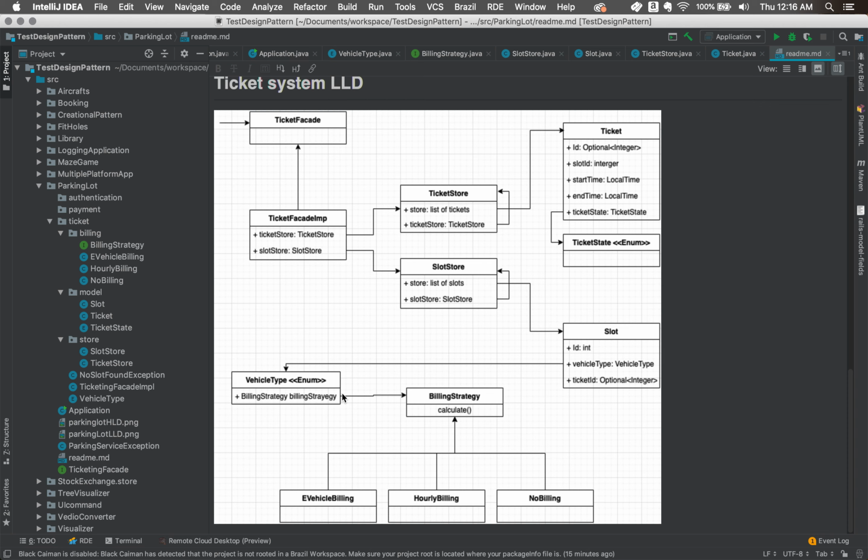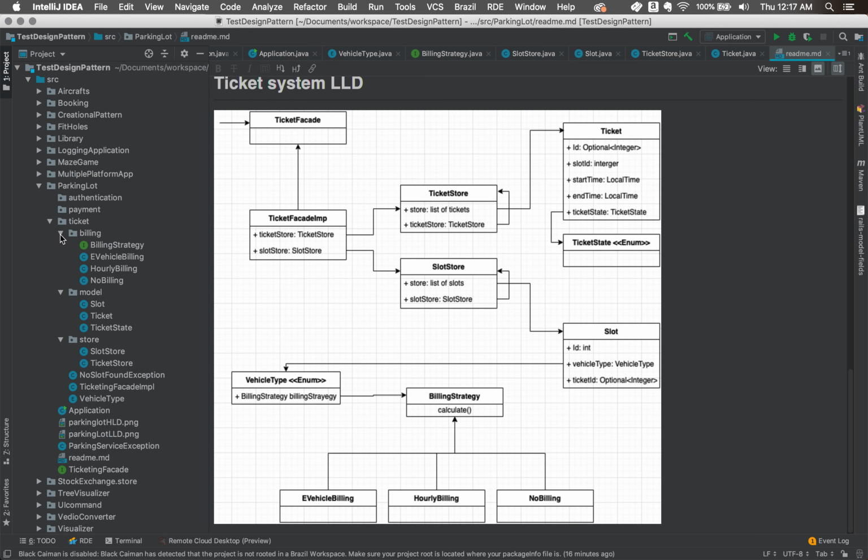So basically, in this we can see that this is very helpful, so that we are not creating new instances every time. With the help of this flyweight pattern, we are always reusing the existing vehicle type whenever a new slot is getting created and used. Okay, so now since we have discussed the LLD in a very top fashion, let's go to the code.